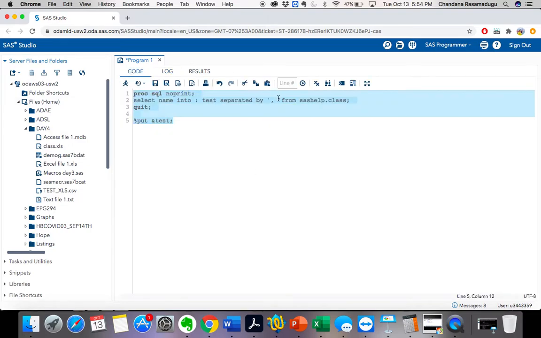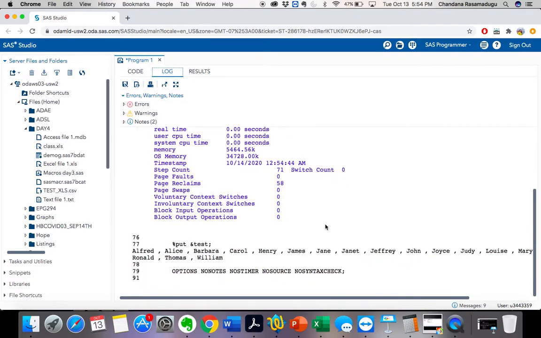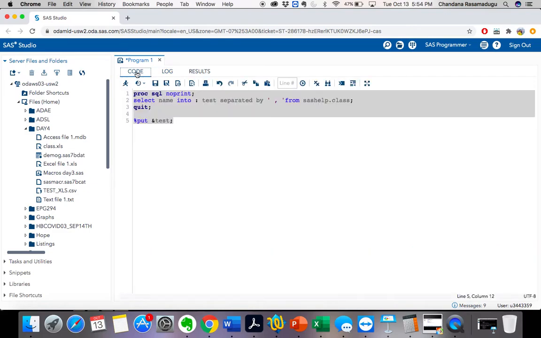If you want to give a space before the comma also, you can give that. Let's execute this. See, now I got all the name variable values that are present in the name variable in the SASHELP.CLASS.